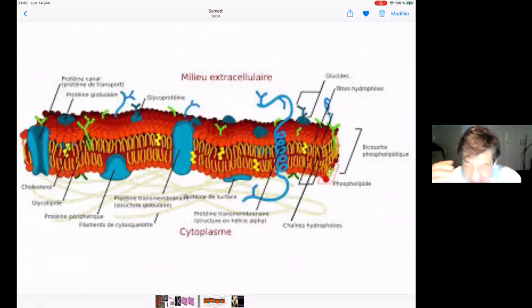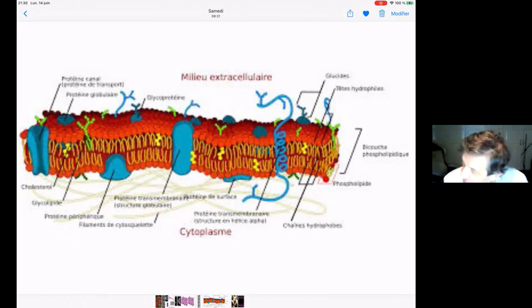So you see in red the lipid molecules, but you see that there are lots of other molecules inserted in these membranes, and these molecules are proteins. Now the mass of protein in the membrane can be extremely high. In the membranes of the mitochondria, 70% of the mass is proteins and 30% is lipids. So in this membrane there are more proteins than lipids, and the picture that I gave you is certainly not correct.